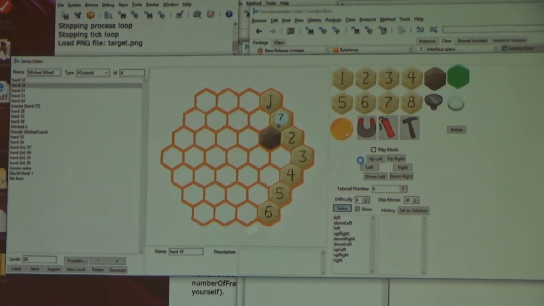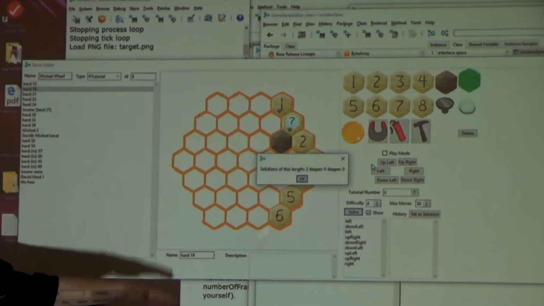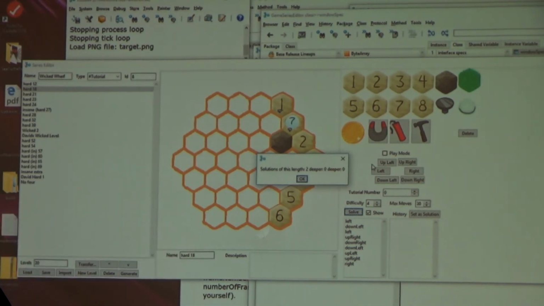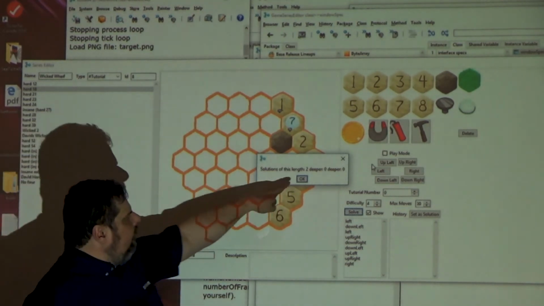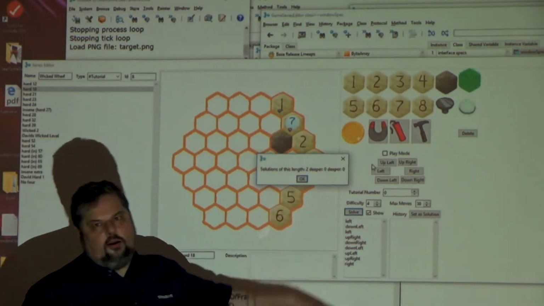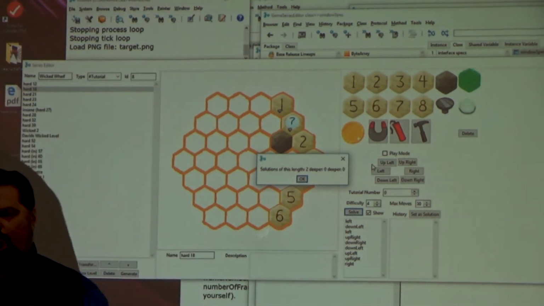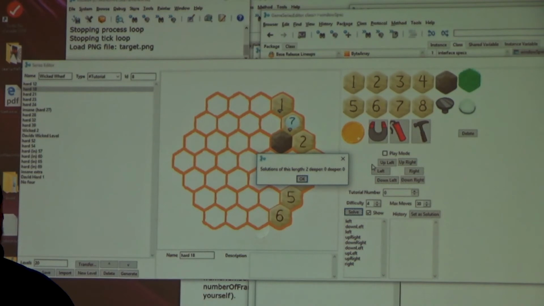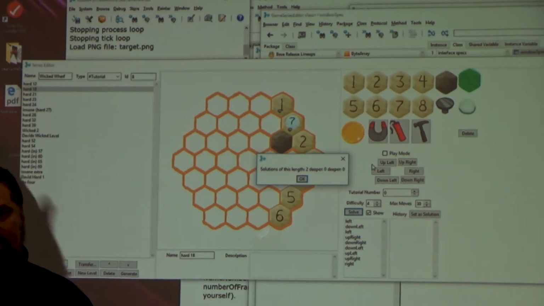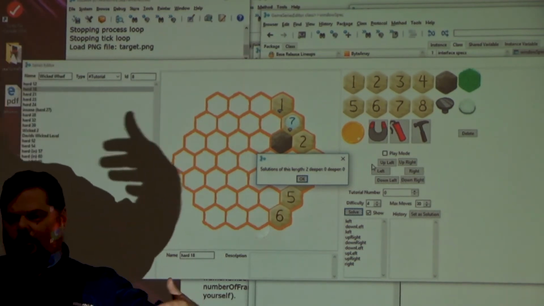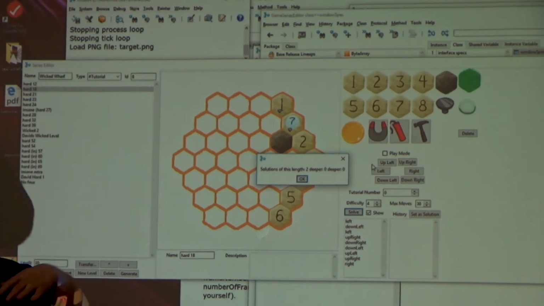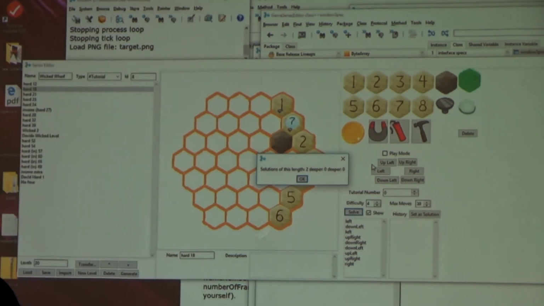This is a hard one to solve because there are so many steps to the solution. Here it's finished. It said I found two solutions that are this long. So there are two ways of doing it with this number of steps. When I searched a little bit deeper, I didn't find any that required one more or two more steps, or even a few more steps. So this is a really hard level. This is why it's in the last one called Wicked Wharf.